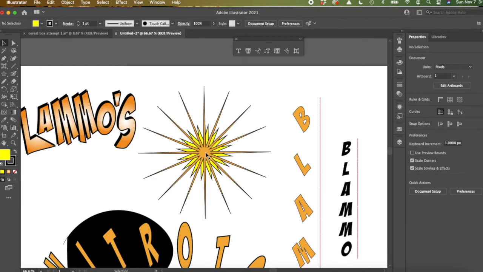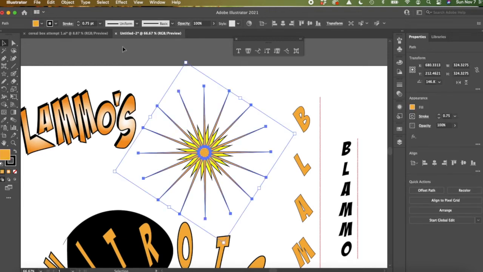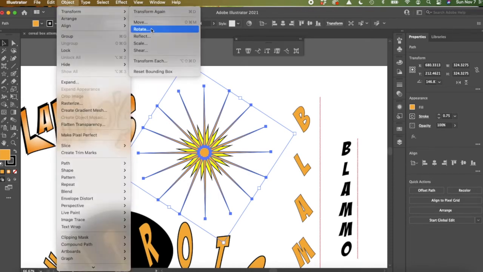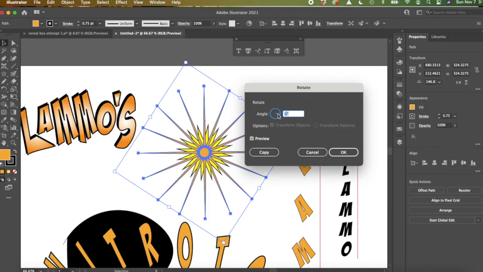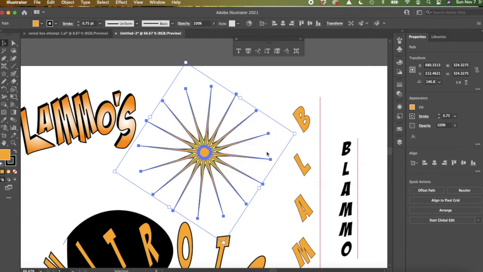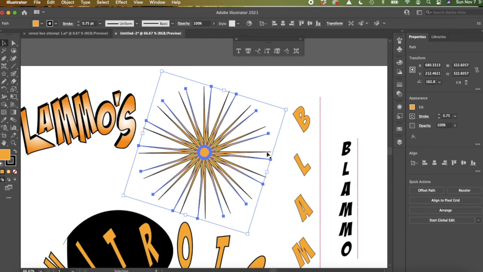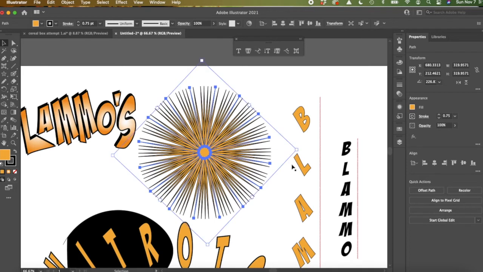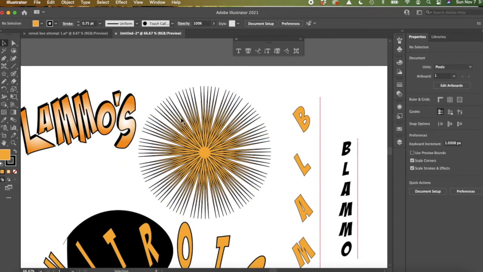You could duplicate this. If you go to Object, Transform, Rotate, you can just take it down, whatever. You could be like, let's do 16 degrees. And then you can make a copy and it'll just keep doing that. And if you go Control or Command D, I think, yeah, it'll just keep copying that. So you can get like a crazy